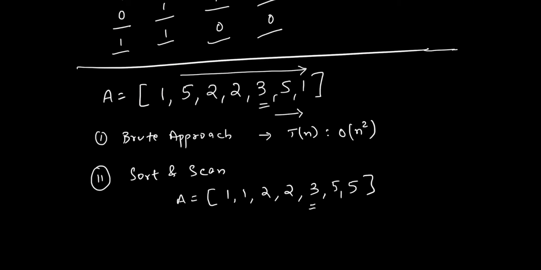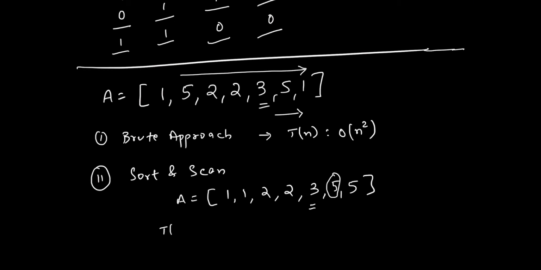So if we see that the pair of elements, since they are adjacent to each other, we can sort the array and we can compare adjacent elements. As long as they are same, we can keep a counter for each element, right? And we can move rightwards. So when we come to 3, we see that the next element to 3 is not equal to 3, which is 5, right? So we'll get our answer in this way.